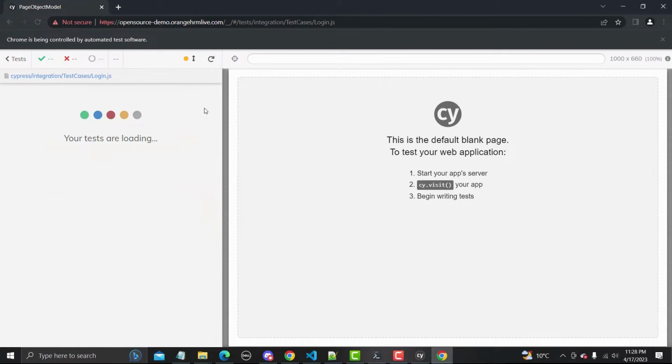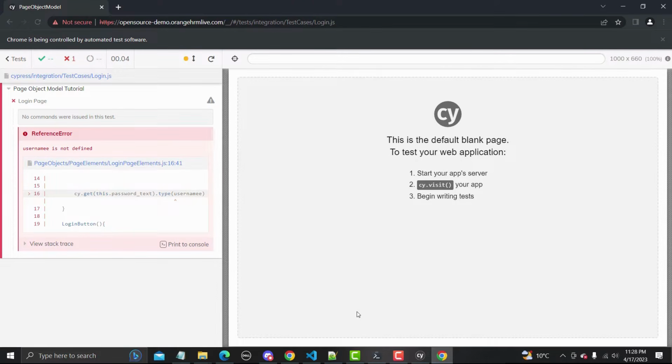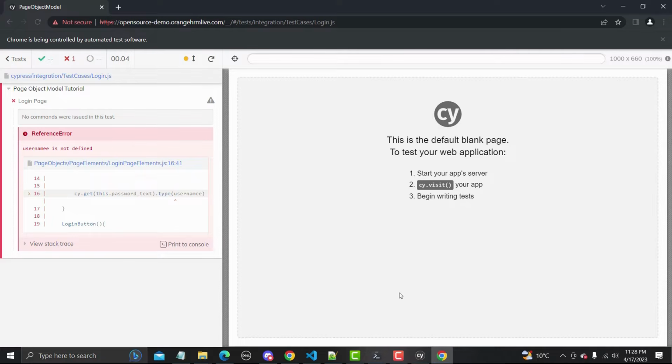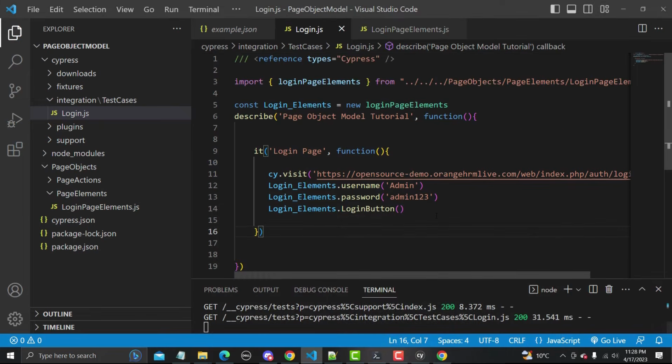Now let me save this one, and if I go to this login, here you see that this is not working, right? The reason is that if I go back here, you will see that we need to provide some value here. So simply now I will provide the value here instead of providing it in my elements file. We won't have anything for the button here, and if I save this one, it should now work.